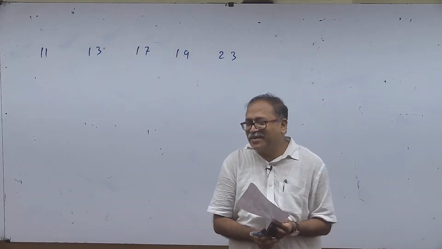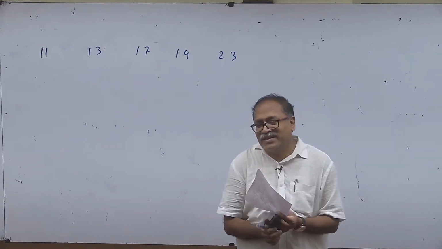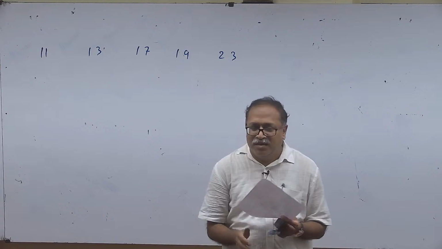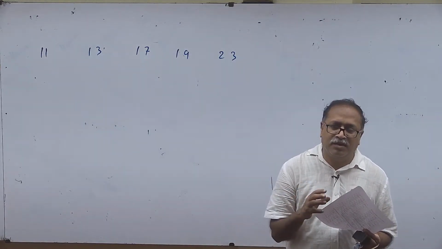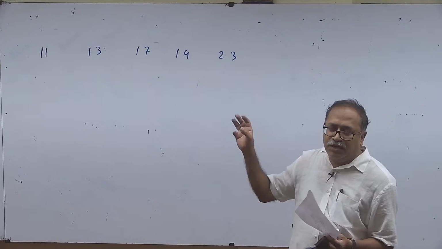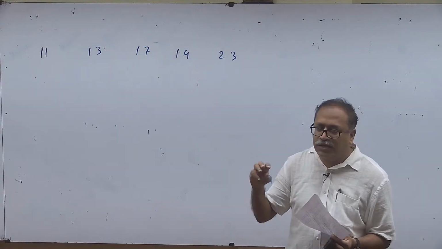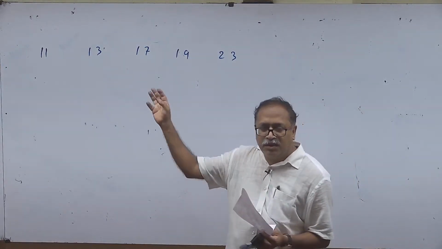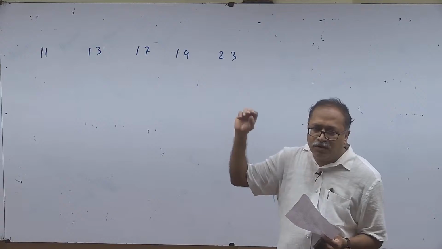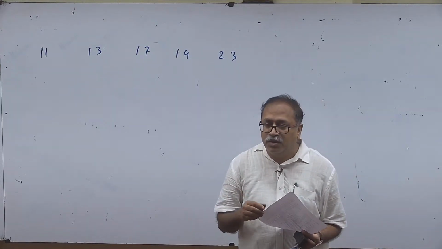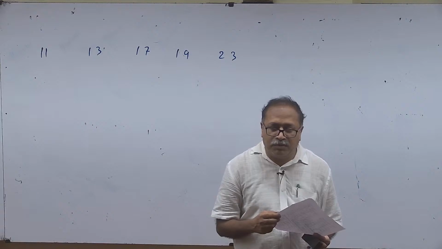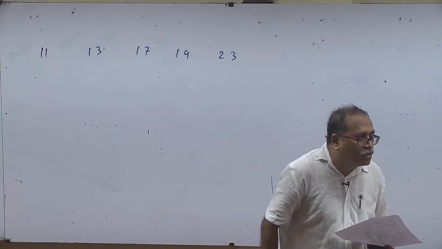You won't have time to think in the exam, so we just get ready with all these numbers up to 100. There is a way to identify whether a given number is prime or not. But in sequences, analogies and classifications, they will put the prime numbers somewhere closer to 90 or below 100. So at least up to 100 we are expected to know. So 29 is a prime number? Yeah, that's right. After that, next,